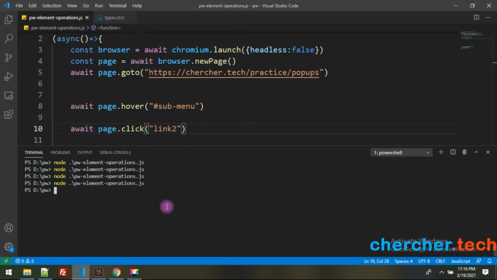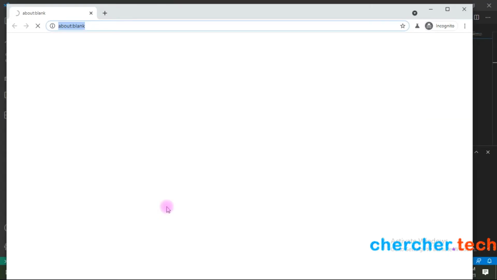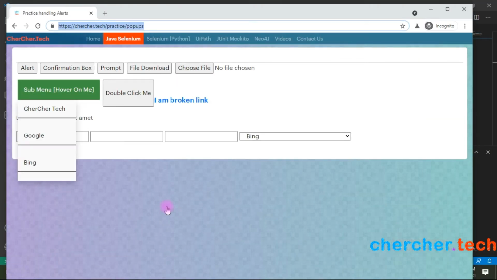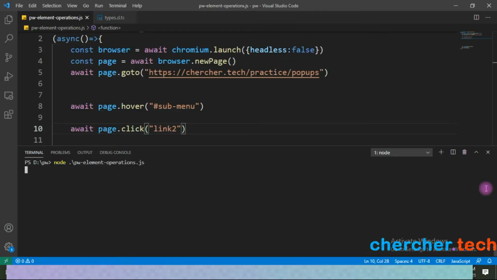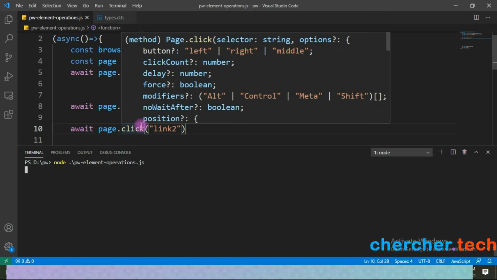Now let's clear the screen and run it. Now what it should do is hover on it and click on the option, the second link, which is Google. I hope it is clicking. I'm not sure. It didn't click it, I guess.